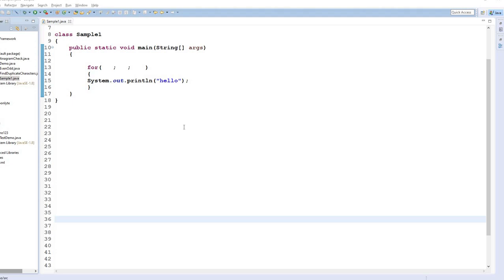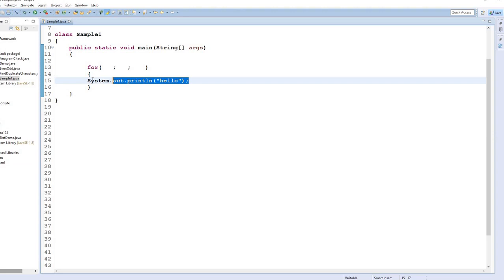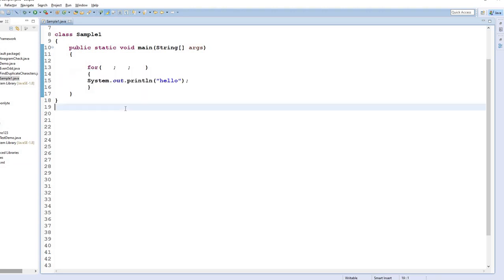Yeah, guys, hello. So, we have discussed something called the for loop here. If you are not using any initialization or condition or increment or decrement, then this loop is going to go infinite. This is one of the questions asked. What I'll do is, I'm going to remove these braces. It will still run the same.